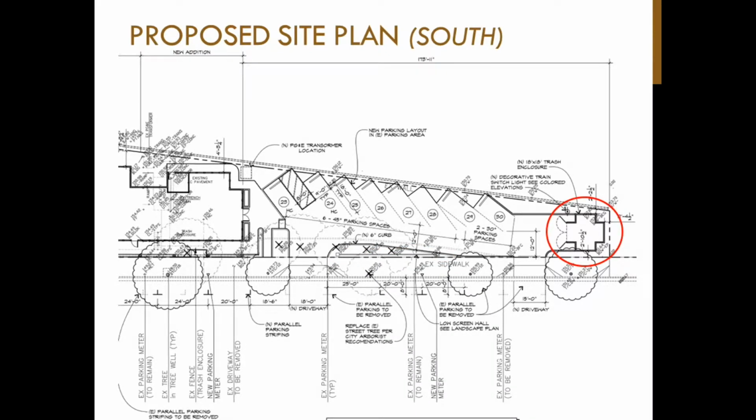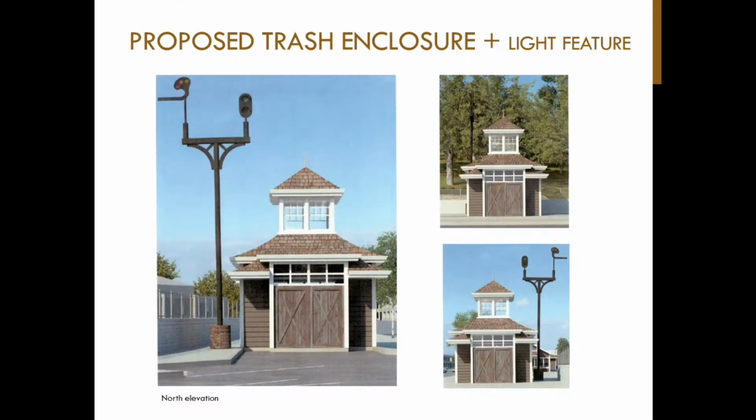So now the trash enclosure, which is kind of fun. I think this is a really unique aspect of this project. The applicant, instead of just building a fairly traditional trash enclosure, they're proposing a trash enclosure that very much complements the architecture of the main building and kind of goes along with the history of the building as serving as a train depot. It's kind of a train switch house, and as you can tell, the light feature as well